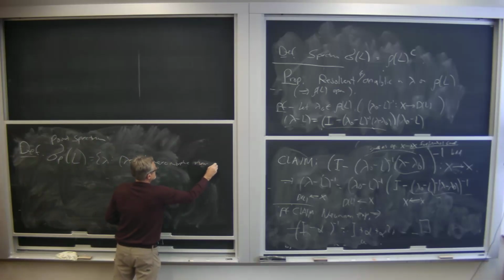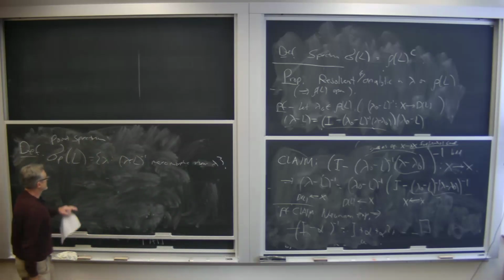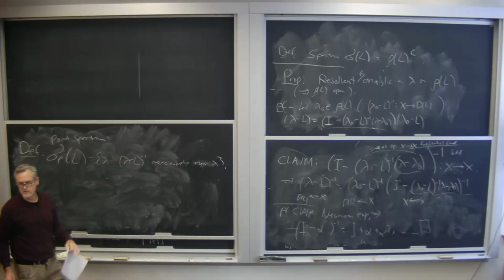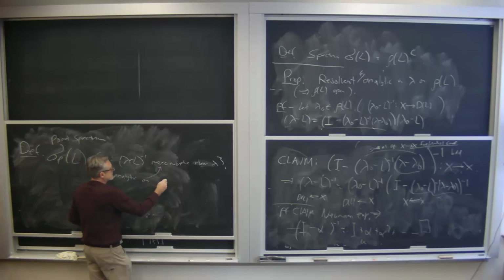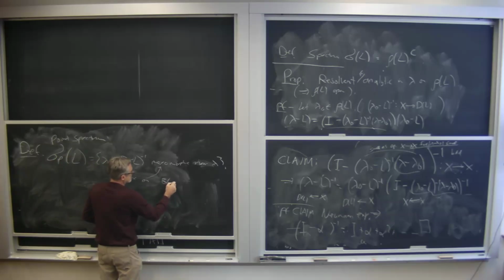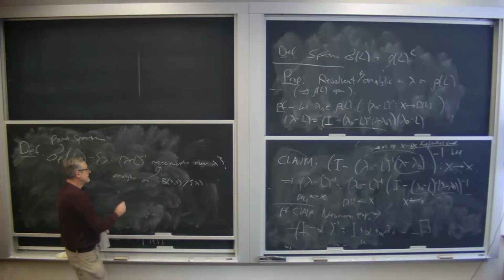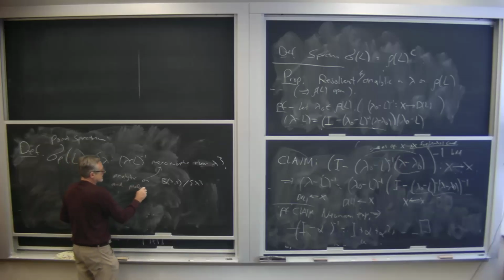Say near lambda. These are points that are not in the resolvent set, so there's no reason that they should be anything. And meromorphic means that it is at most analytic on a ball of radius epsilon minus the central point lambda, and has a pole of finite order